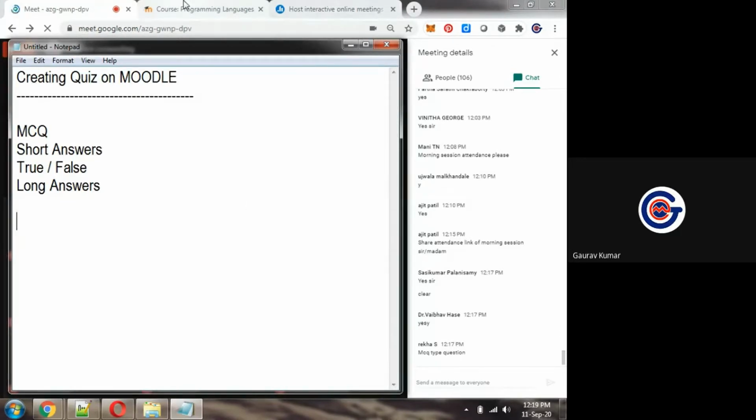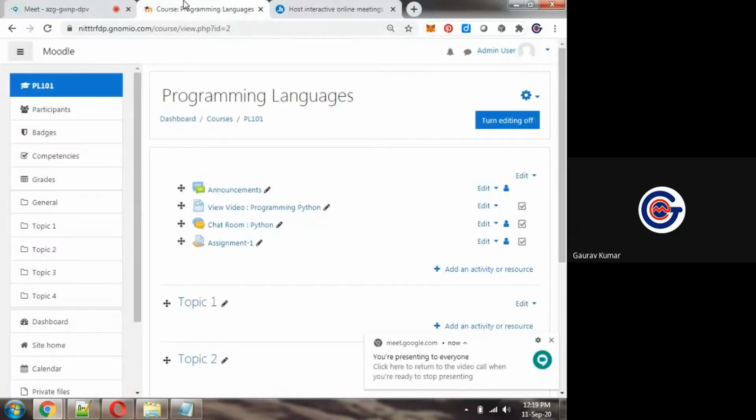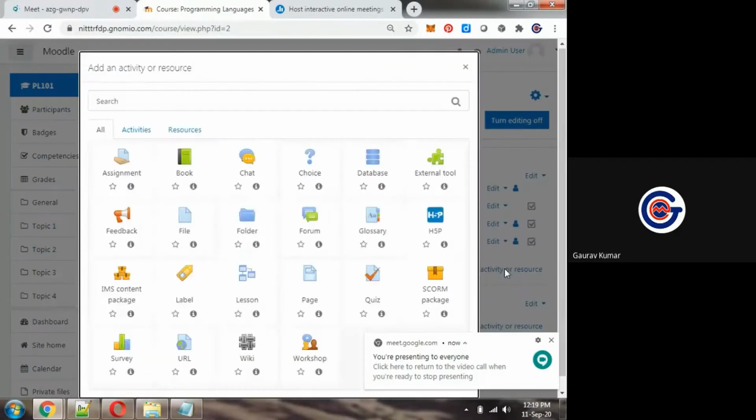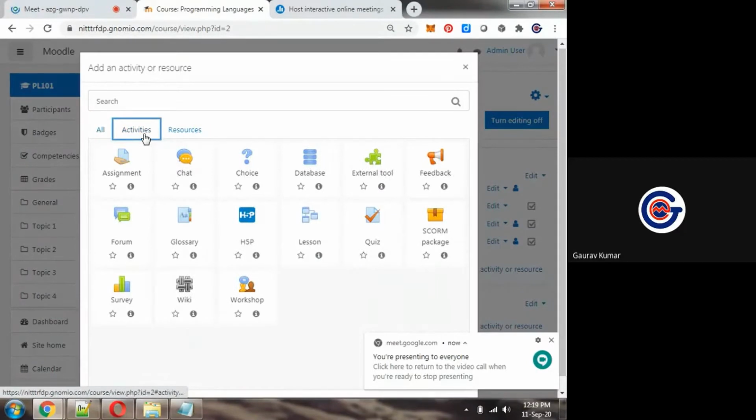Now we are coming to teacher panel. This is my teacher dashboard. In this teacher account, add an activity or resource. On click of add an activity or resource, you can see that in activities, quiz is an activity.